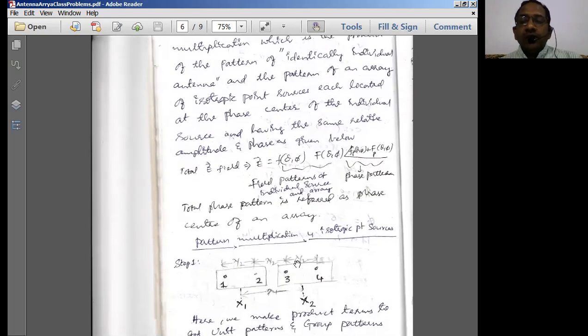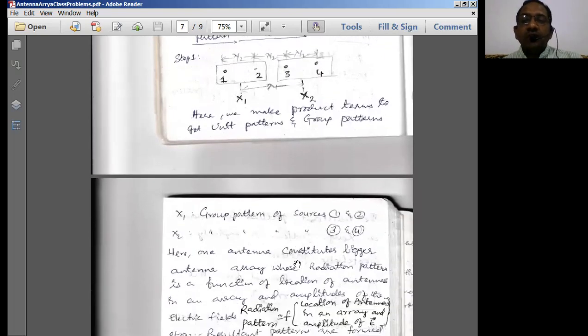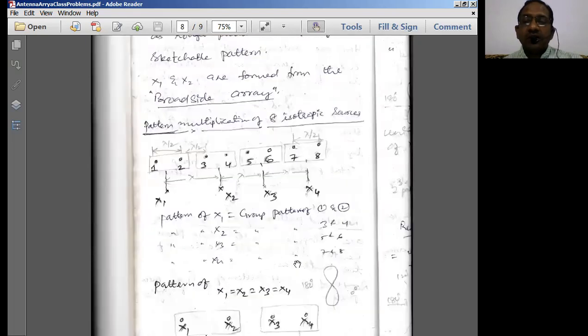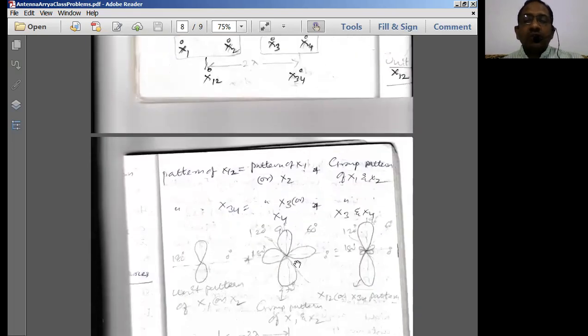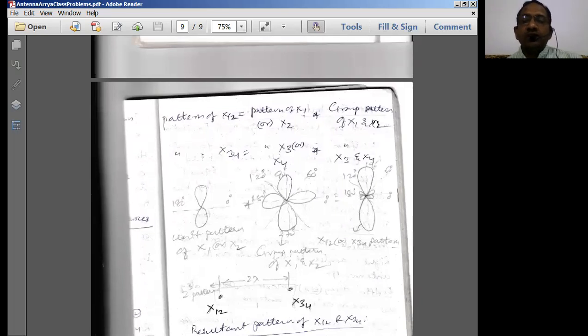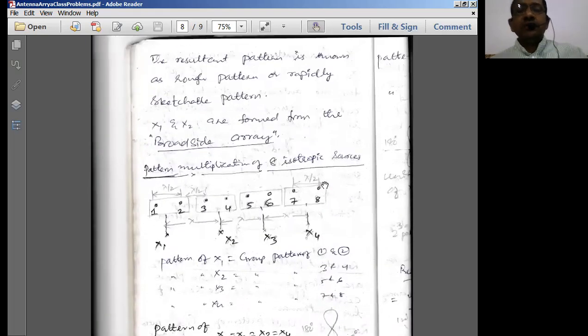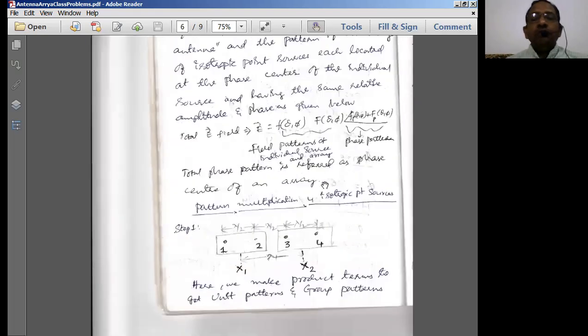Now, the effective or final radiated pattern of the received antenna is going to be like this with respect to the radiation pattern of the antenna. So the effective radiation pattern, how do we find it out? This is the effective radiation pattern that we are normally going to have here. So we have to find out the effective radiation pattern of this particular array of antennas. How do we find it out?